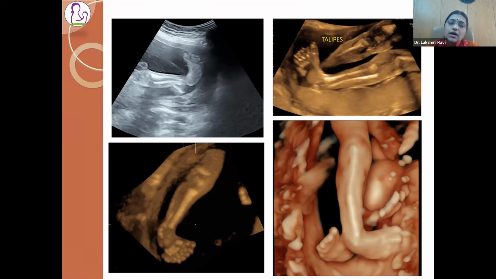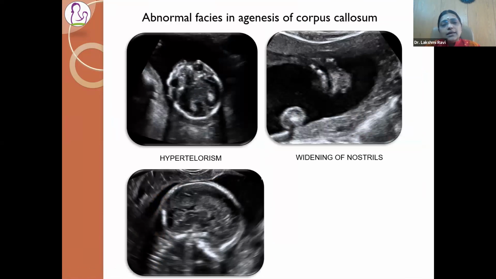So this is actually the one which shows the bony structures. This is the tibia and this is the foot for you, and this is the surface rendering mode which shows you how the baby's foot would look. Next, as I already told you, in 2D ultrasound you can see plane by plane, but in 3D you can assess as a whole.